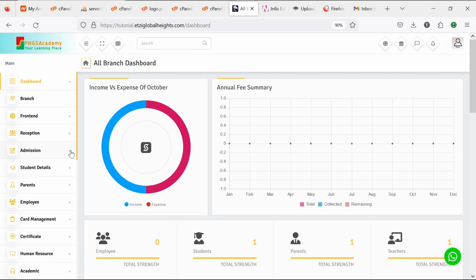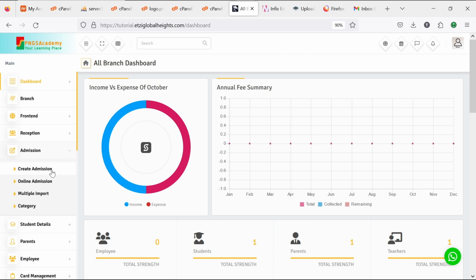So what's up, guys? We want to create students, want to create teacher, want to create parent, you know, that's what we want to do. So for the admission, we want to create admission, right? We can create multiple imports. So if we click on create admission,